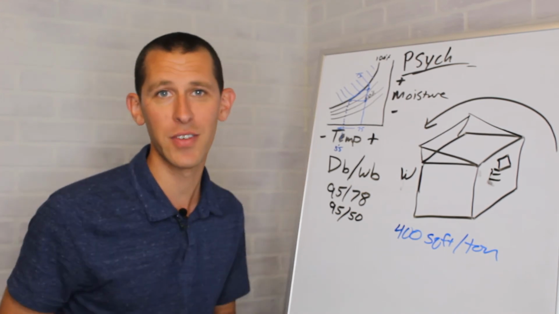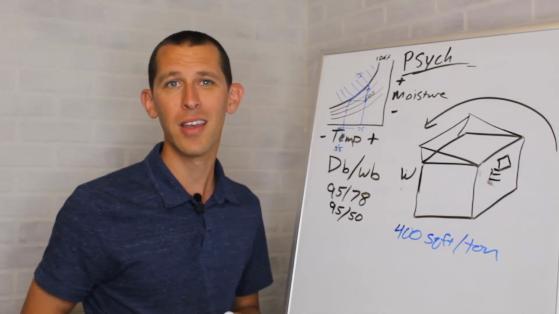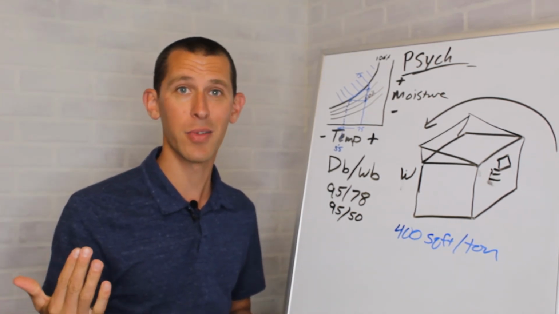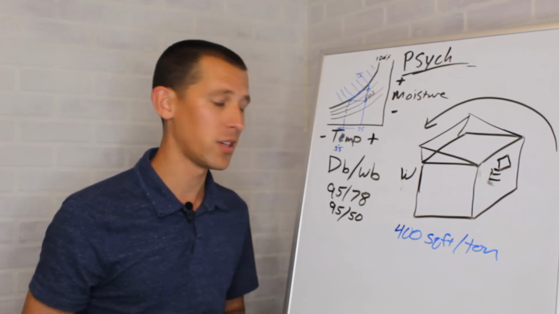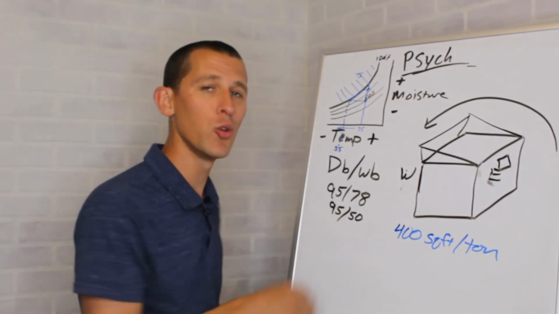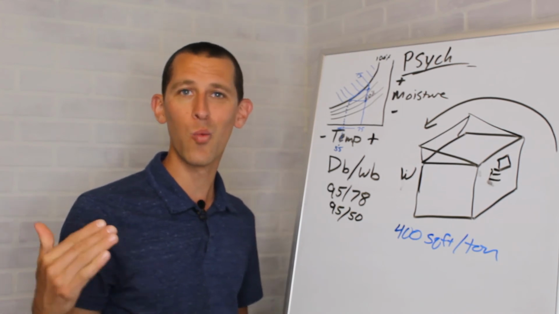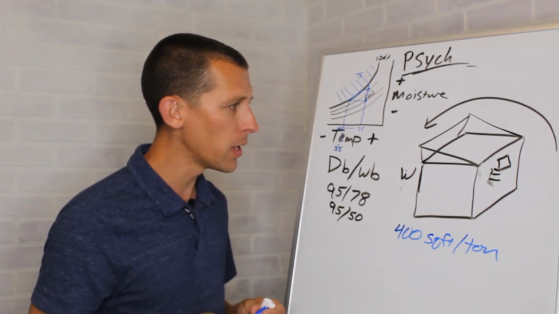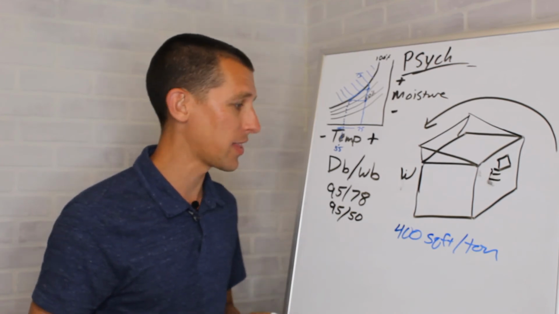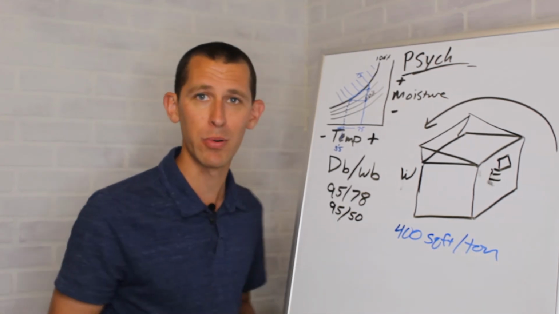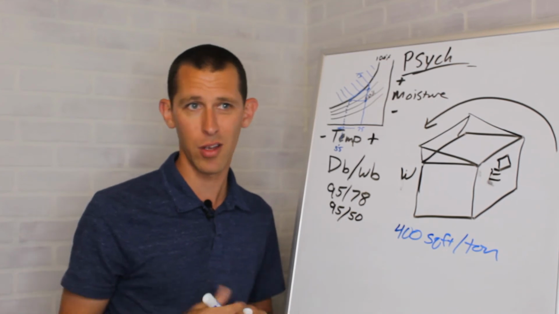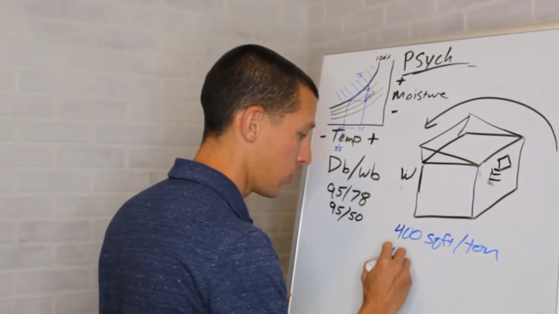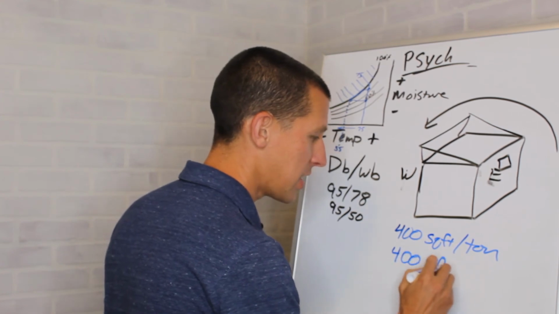Now, if it's an energy efficient house or building, it could be as high as like 1,200 square feet per ton, something like that. If you are dealing with very hot, very humid air, it could be as low as 100 or 200 square feet per ton, if you're dealing with a greenhouse or something like that, for instance. But 400 square feet per ton is a rule of thumb that a lot of people pay attention to. Another 400, though, is 400 CFM